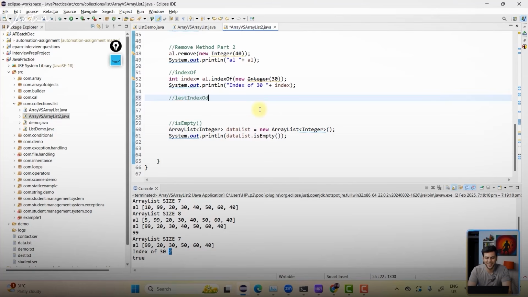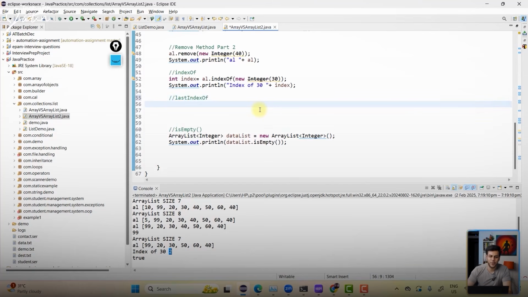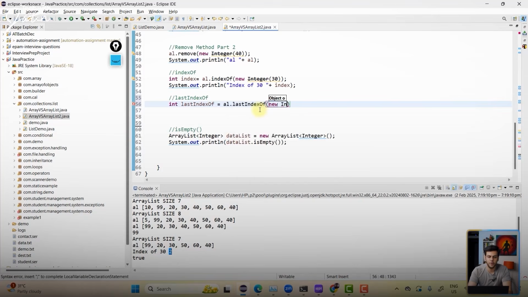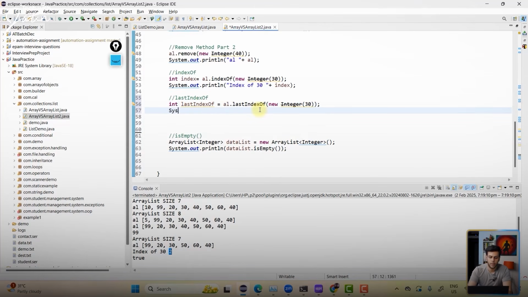lastIndexOf. I'm going to create another variable called lastIndexOf, and I'm going to say al.lastIndexOf new Integer 30. Sysout lastIndexOf. If I click on the play button, whatever is the last index should be printed.